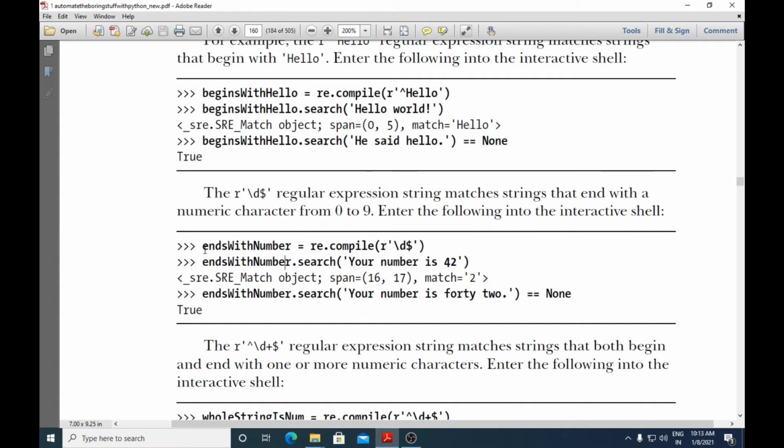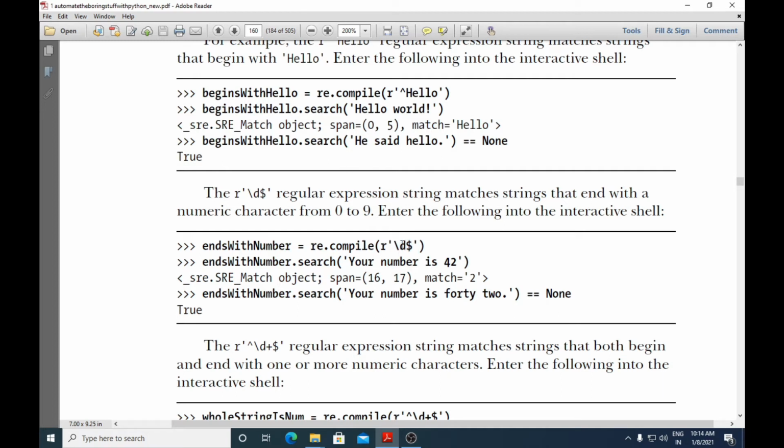Okay, so take a variable ends_with_number equals re.compile. Now what does the compile method help in? The compile method will help us to create an object of this regular expression. And what is the regular expression? \d$. That means whatever string is passed to the search method, it should end with a number, not begin with a number.